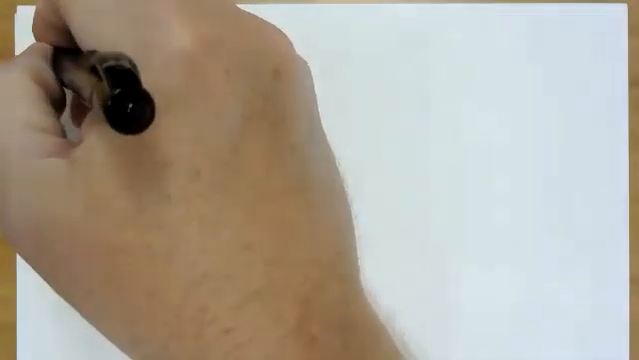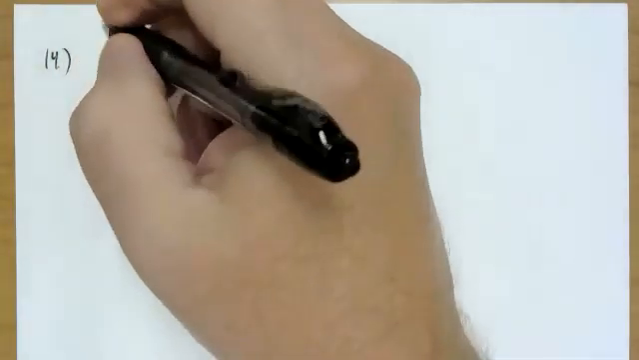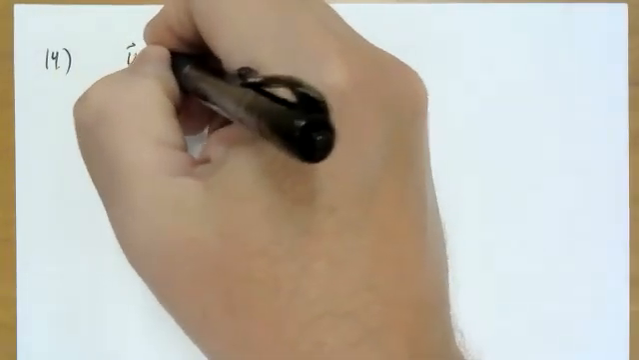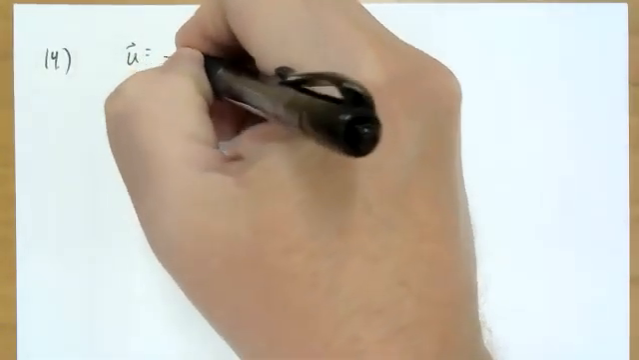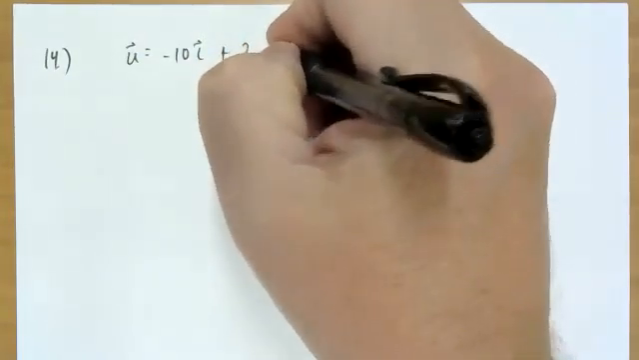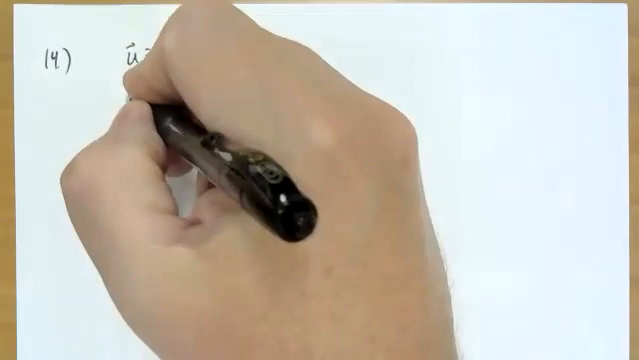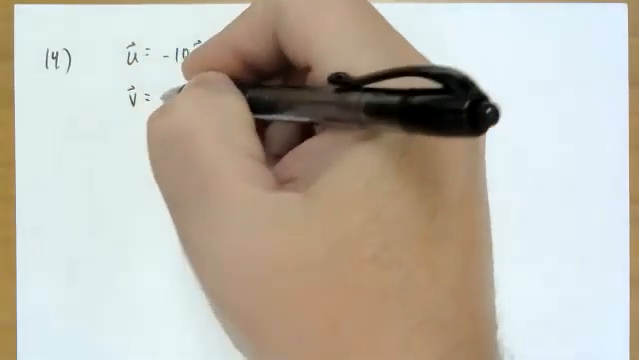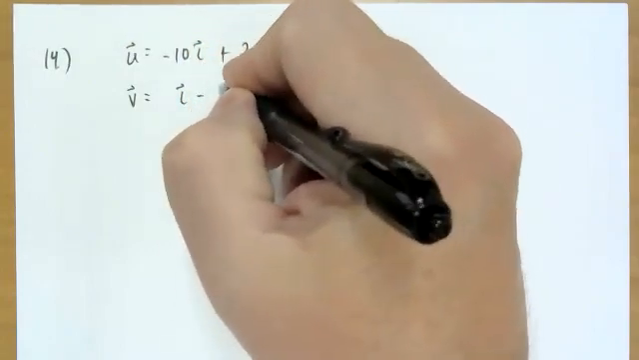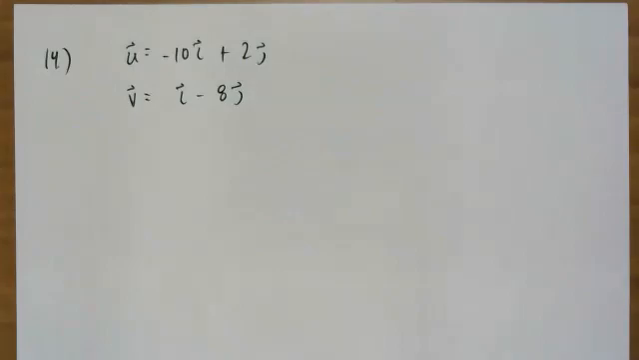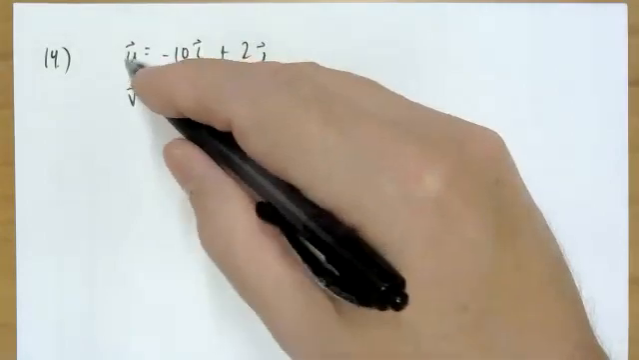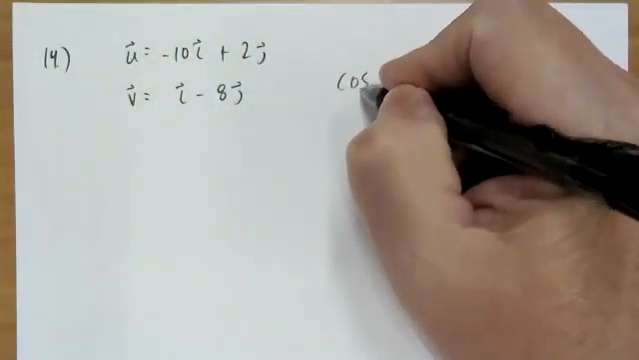So let's go ahead and I'll write down the vectors, then I'll write down the formula and we'll apply it. So vector u is negative 10i plus 2j. And vector v is i minus 8j. So anytime you have two vectors, so for instance, u and v, we've got this formula,